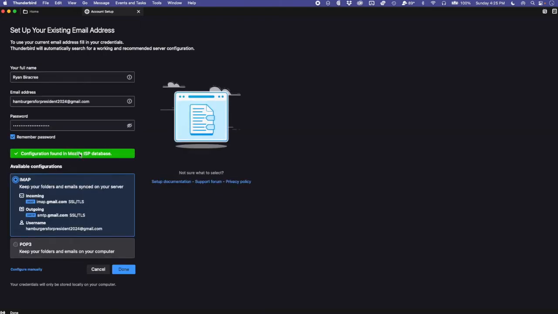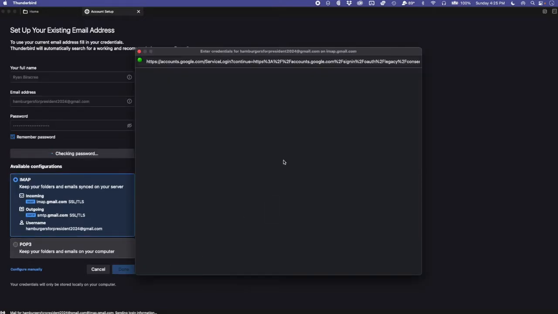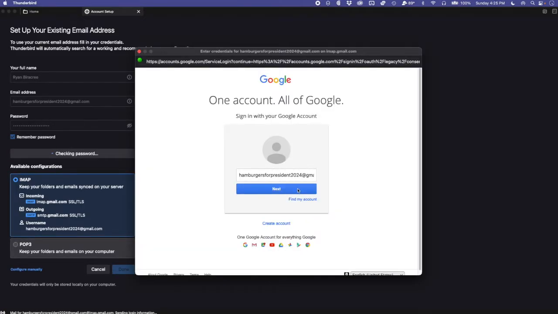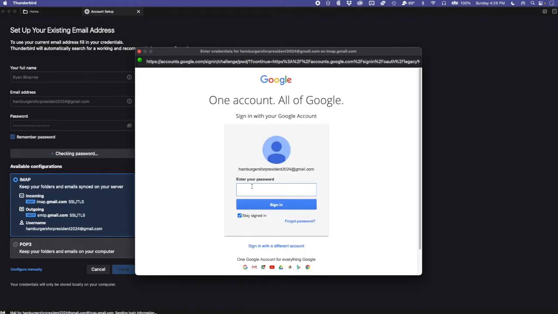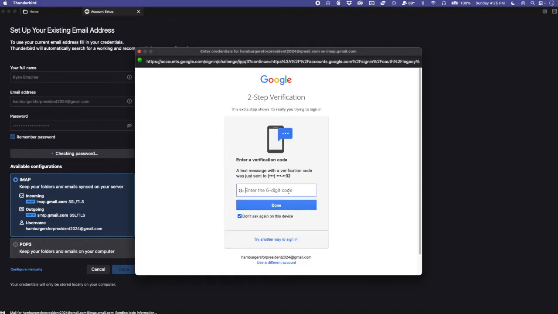So continue. Okay, it's going to find my configuration, and for a Gmail account, it's going to do that almost automatically. It will know all the settings and all the ports and all the technical stuff in order to add your account in here. I hit done. I'm going to have to put this in again. So once you do that, it's going to need your username and password again. And that's just for Google to authorize that